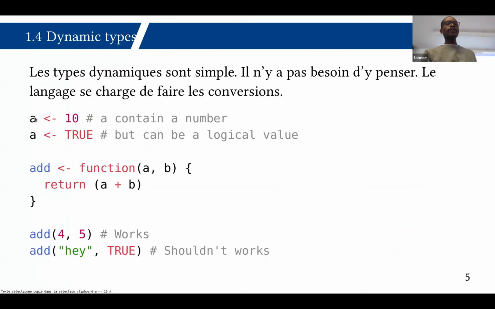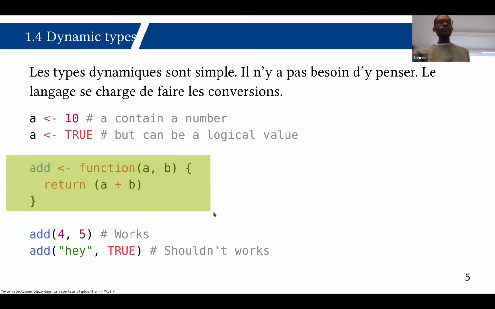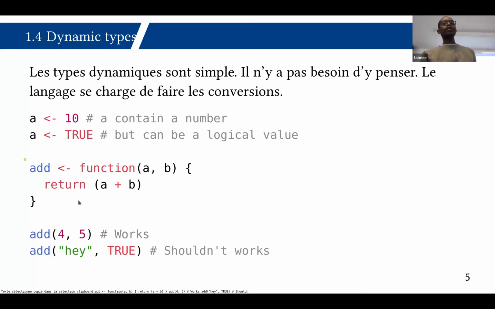For instance, I can create a variable a with a value 10, that's a number, but at any moment, at any point of my code, I can just change its value or the type of its value. So I put TRUE, that's a Boolean. So I now hold logical values. And that's also the same with functions. So I can write a function that I call add